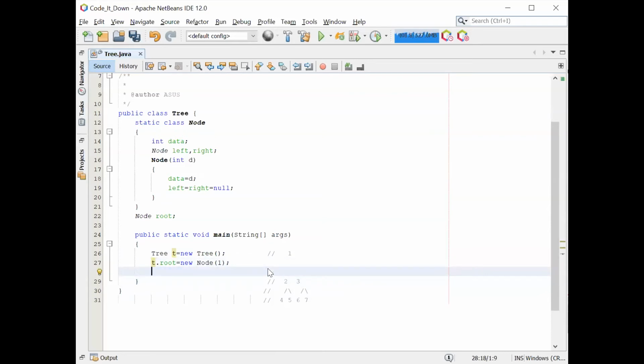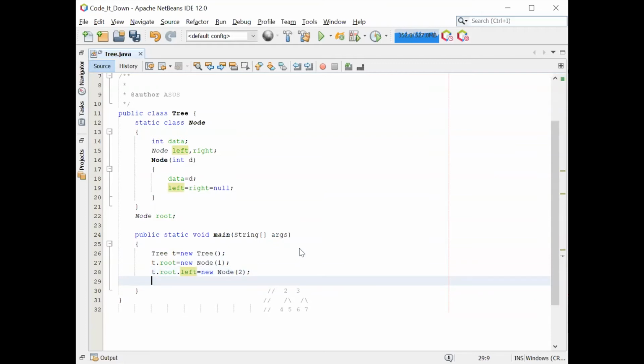Again, t dot left. What will be adding the left node? New node 2. Not t dot left, t dot root dot left. Oh, sorry, t dot root dot left.